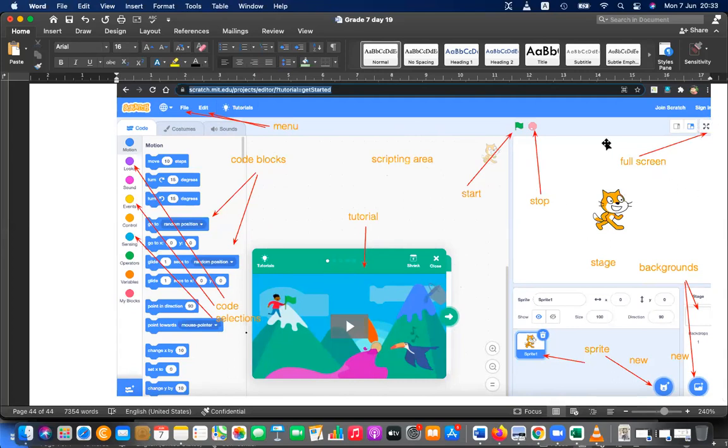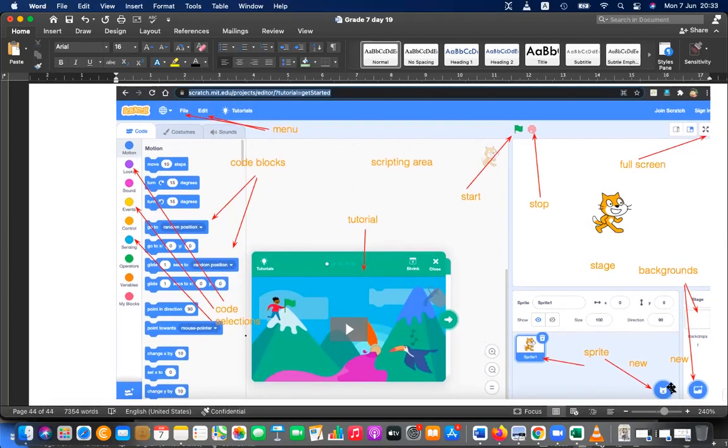This place is called the stage. And these are the backgrounds. This is to take a new background, and this is the current background. And this is called Sprite. Not the bottle that you drink, but Sprite. If you want to take a new Sprite, you can use this. Since it will take time to draw this...